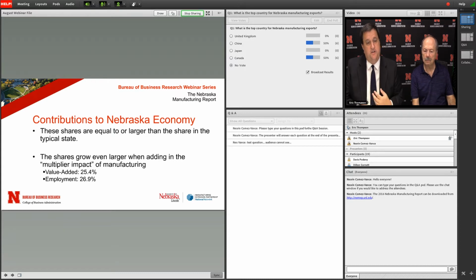So in addition to being an agriculture state, Nebraska is also a bit of a manufacturing state, a key part of our economy here. You especially see that if you think about the total economic impact of the manufacturing industry on the Nebraska economy. So not just that direct impact, direct employment in manufacturing businesses, but also the multiplier impact. You see about 1/4 of the Nebraska economy is either directly or through the multiplier impact the result of our state's manufacturing industry.